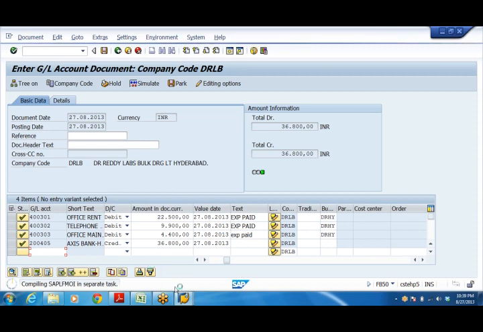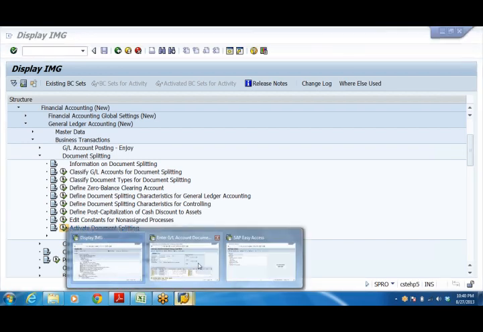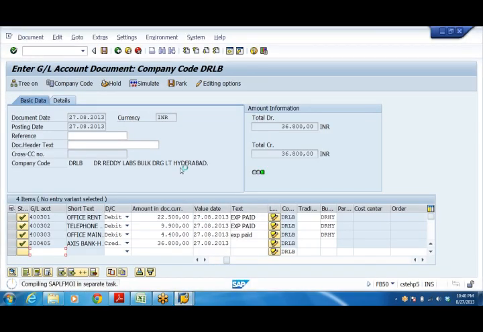Oh God, still it is slow. Something is wrong with the server. It seems the server connection is going very slow.